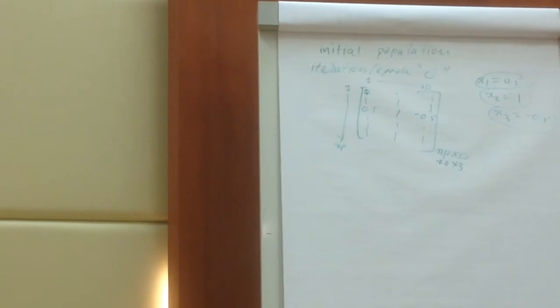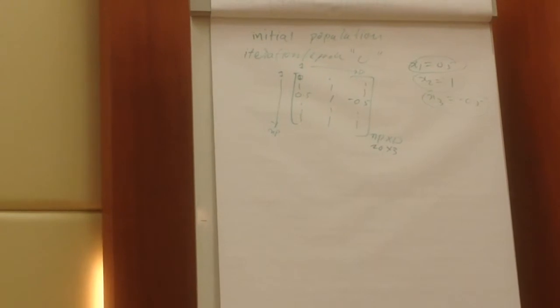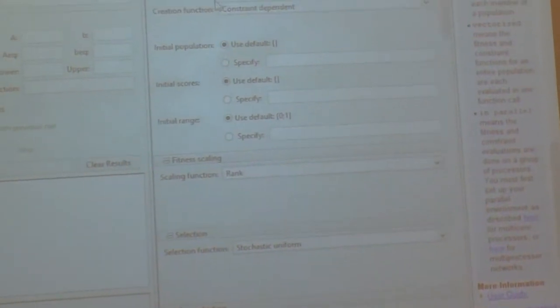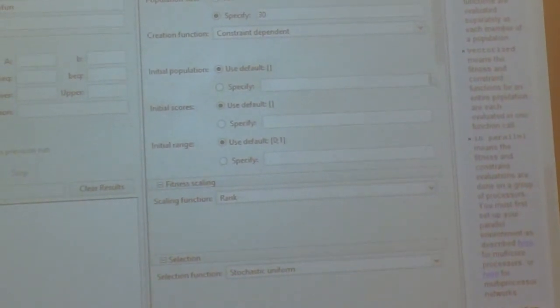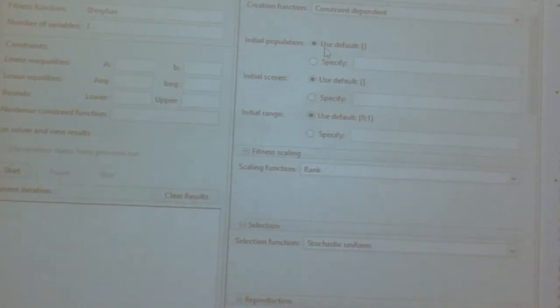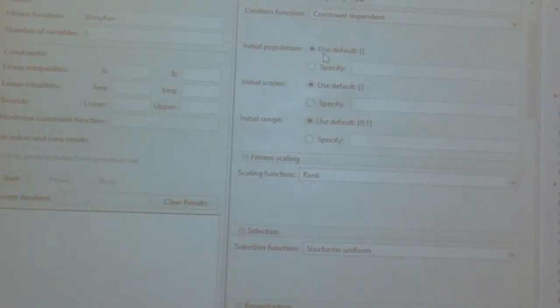This is the M file. The values of x1, x2, x3 are not the optimized values. No, they are not optimized. But let us say you are designing something and you know that these values can be good, not necessarily optimum, but they can be good. So you want to save your time. So you can put it there, or you can leave it as it is. Use default for the initial population. Yes, when you use default, it will be randomly distributed.